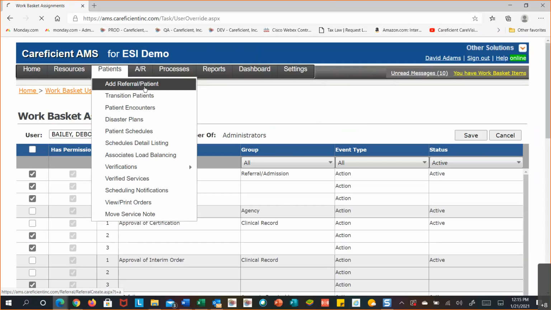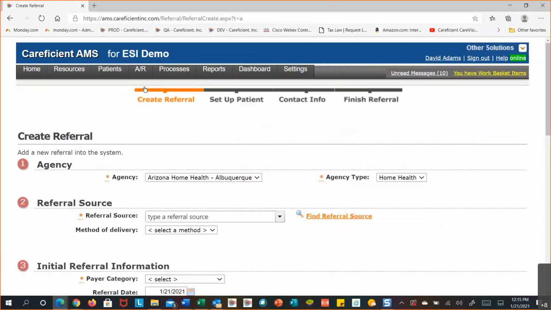Now you will be able to add referrals under the patient encounter option as well. There's a link once you get into it that you could add a referral, and there's also a link down the left-hand side of the home page, which is the initial page you see when you first sign in. So when you select this option,